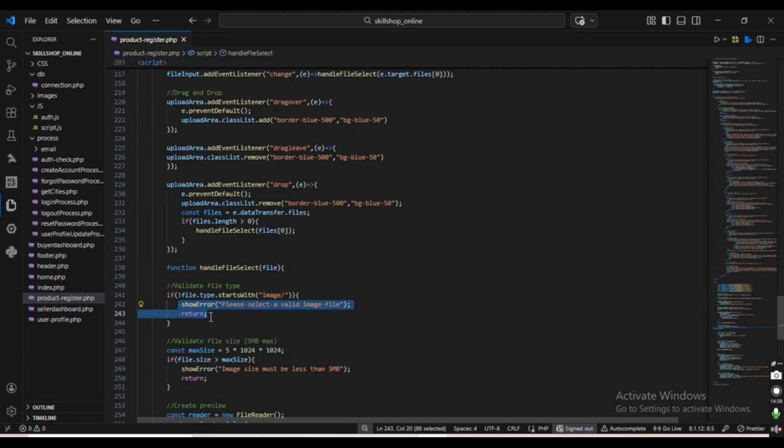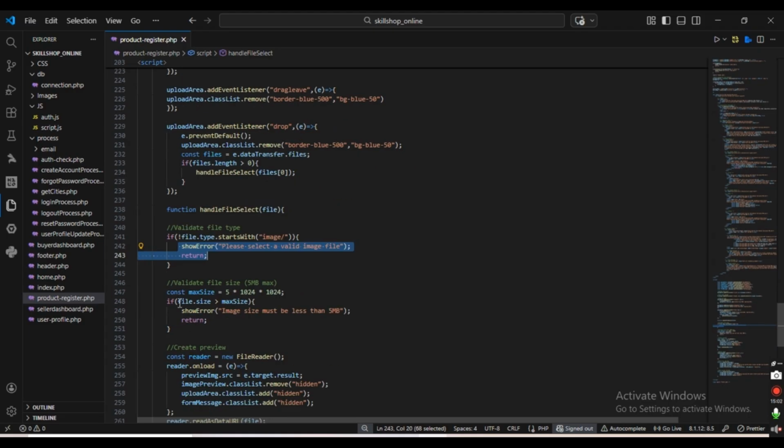It checks whether the selected file is an image. If it is not an image, it shows an error and the function stops. I use this to prevent users from uploading documents, videos, or other file types. This improves security and system reliability. And here,